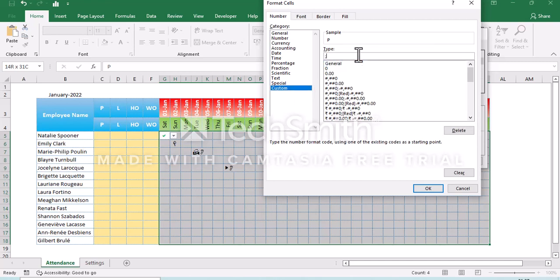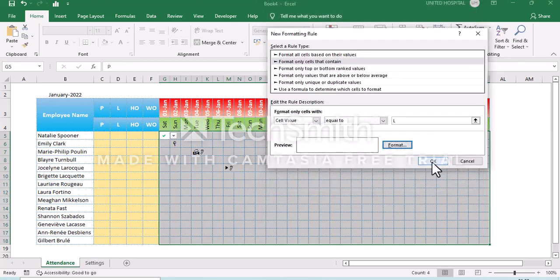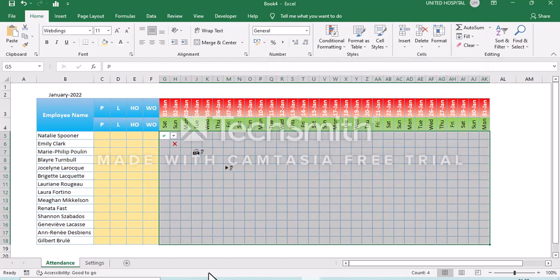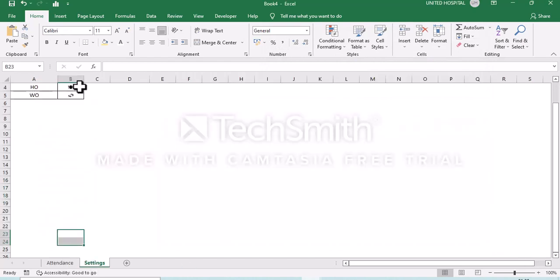Similarly, I'm using the same columns and pasting the value. Press OK and OK. And the third one, holiday, also, copy this